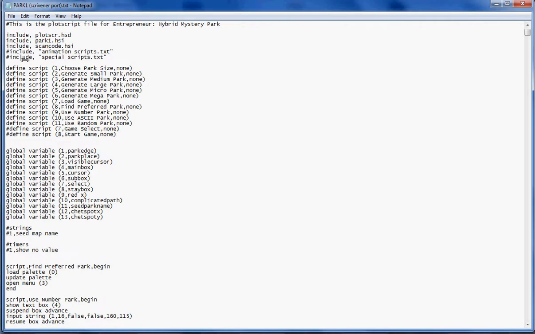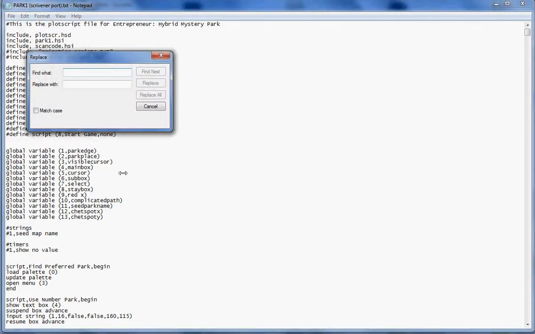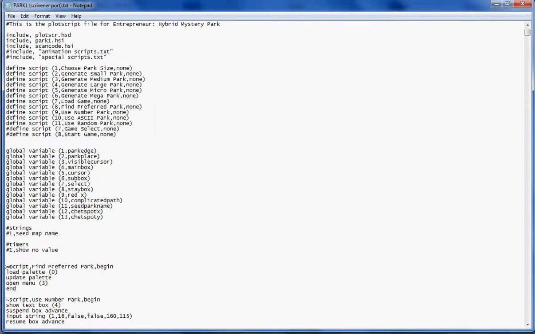So what we're going to do is, because we're not going to use hashtags like Scrivener defaults to, we're going to use tildes instead. So I'm going to do replace script common. Now you might use plot script. I use the old style, but if you're using plot script or whatever your language is, just pick what you know you're going to find your way through. I'm going to use the tilde script, and then I'm going to replace all, and then you'll see how everything's already adjusted. So we're going to save it,